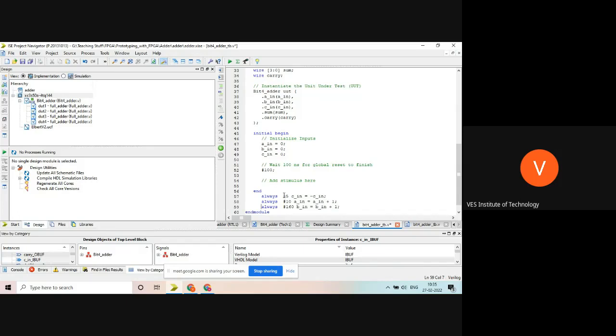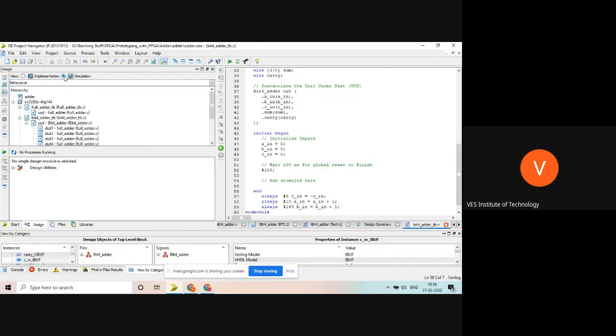So every 5 nanoseconds, Cin will be toggled. Every 10 nanoseconds, Ain will be incremented. Every 160 nanoseconds, Bin will be incremented. The same logic. A and B will be incremented, C will be toggled. So every 5 nanoseconds, C is toggling and A and B are incremented after 10 and 60 nanoseconds respectively. Okay. You can see this now.